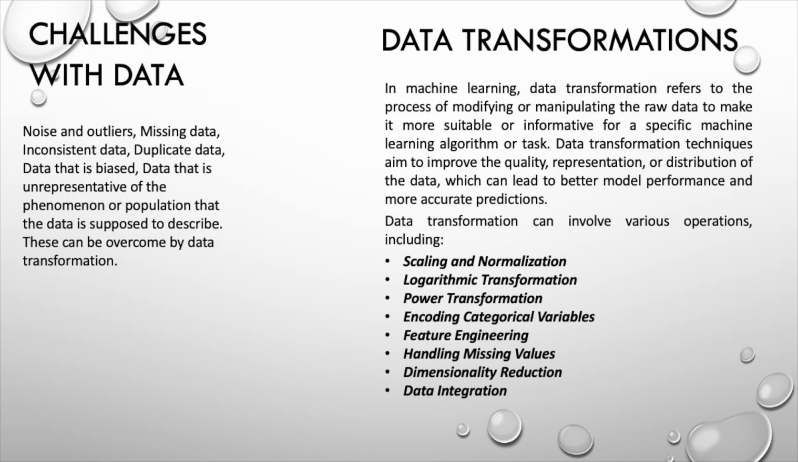distribution. Encoding categorical variables. Categorical variables need to be transformed into numerical representations for many machine learning algorithms. This can involve techniques like one-hot encoding, label encoding, or ordinal encoding to represent categorical variables as binary vectors or